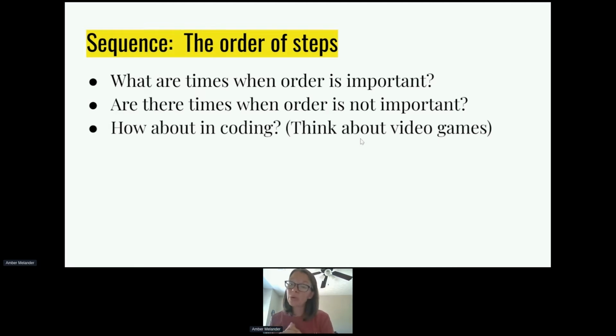And then I have them think about coding. This is where having younger kids really comes in handy because I like to pull in examples that they would know that are relevant to them. Bringing in something relevant is really important. So if I'm thinking about video games, if you've ever played a game like Minecraft, when you walk into the video game, you can go anywhere you want, do anything you want. The sequence is not necessarily important. You don't have to do this first, then this,